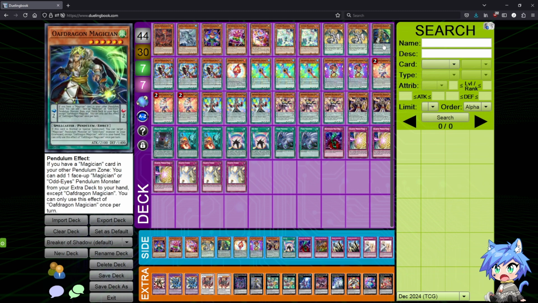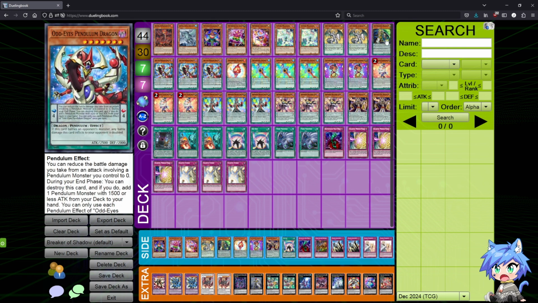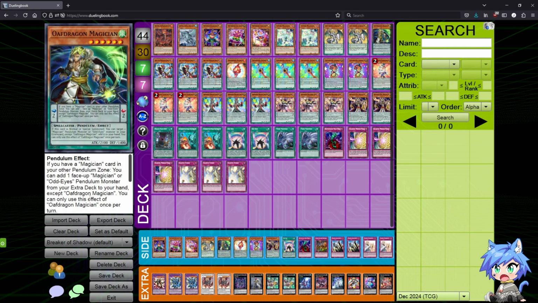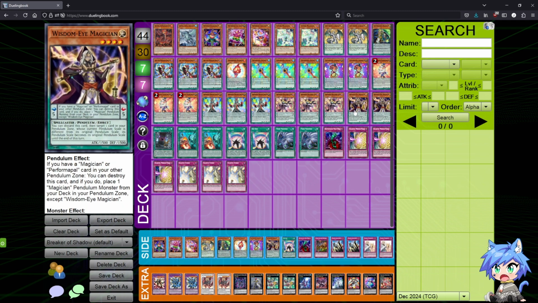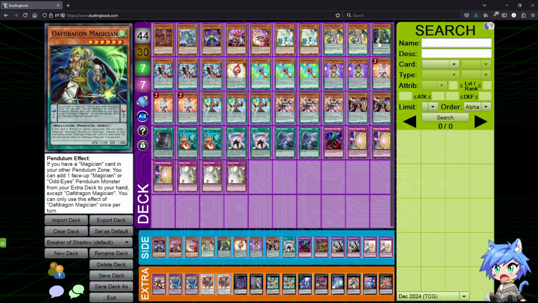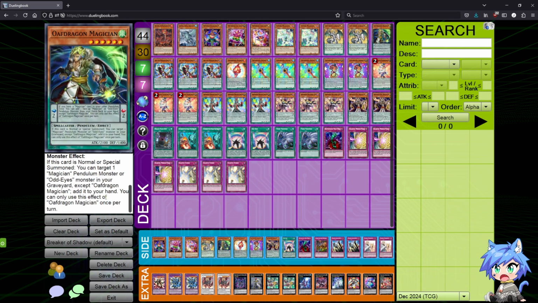And then we have Oath Dragon Magician, which is here as mostly filler, and in very rare edge cases, it can be an extra scale. For example, if I happen to be playing Skullcrow Bad Joker in one of the scales, or Wisdom Eye Magician in one of the scales, I can play Oath Dragon, and then I can easily summon out all the relevant cards again. It has the effect of if this card is normal or spell summoned, you can target one Magician, a Pendulum monster, or an Odd Eyes monster in your graveyard, except Oath Dragon Magician, and add it